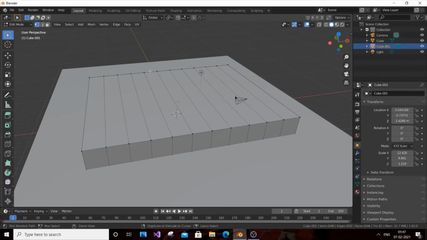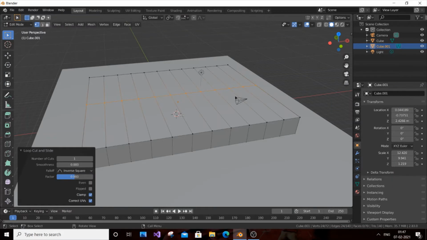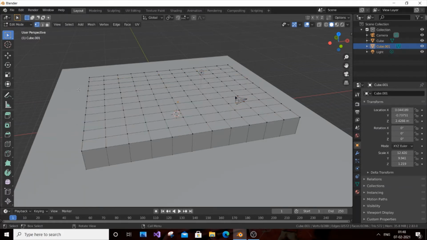For that, same thing, Control R, and now you can see I have got the loop cut over here. If I do it like this, I will get many loop cuts over the middle. Now if you just hover, you will get a horizontal loop cut along the center. Just click it again also, and you will get an orange line over there. Same procedure, same thing, but on another face. Now just add cuts, the same number, 10 cuts, that will work. And just click outside. So that's really good.